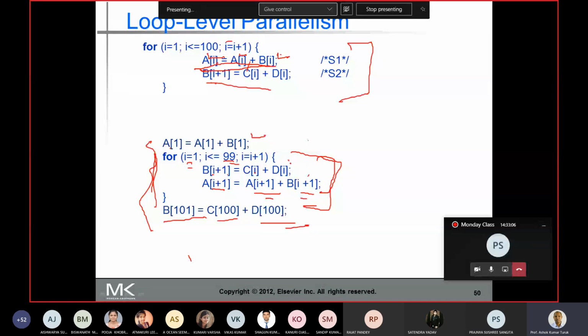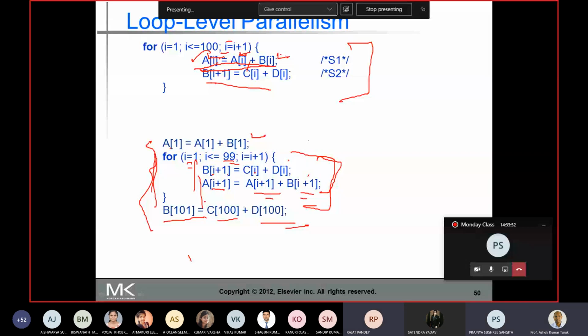Now if you look at it, this is a read and write. You have to read and you have to write. So there is a read and write within the same iteration. So whatever dependency exists in the same iteration, that will exist. But we are looking at whether one iteration is dependent on the other. So we are unrolling the loop. So the loop is now parallel. Because the loop is parallel, you unroll the loop and you execute it. Whatever dependency exists within the iterations, that will exist only. But among the iterations, there is no more dependence.